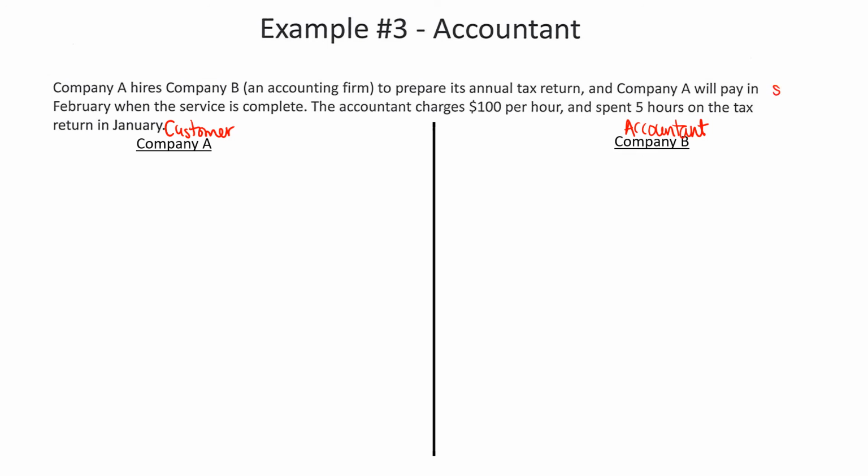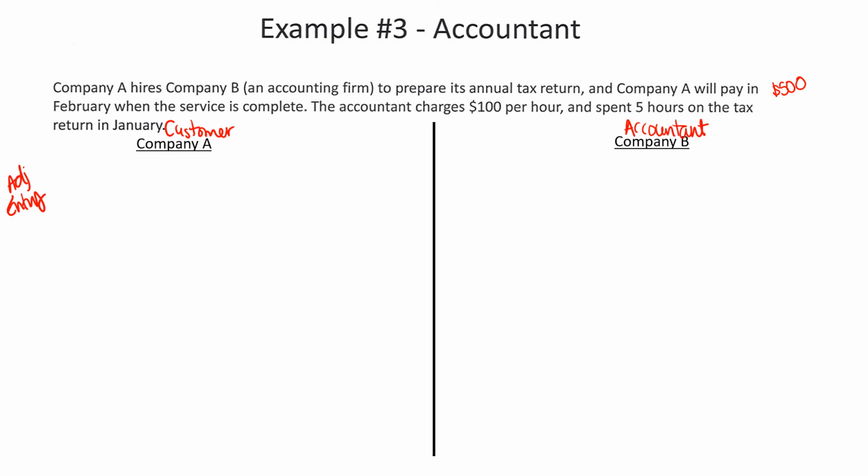So we know that in January, $500 of expense was incurred for the customer, and $500 of revenue was earned for the accountant, but no money has changed hands yet. So January 31st will be when both the customer and the accounting firm need to adjust their books to show the transaction that actually took place, but for which no money has been exchanged yet. So the adjusting entry